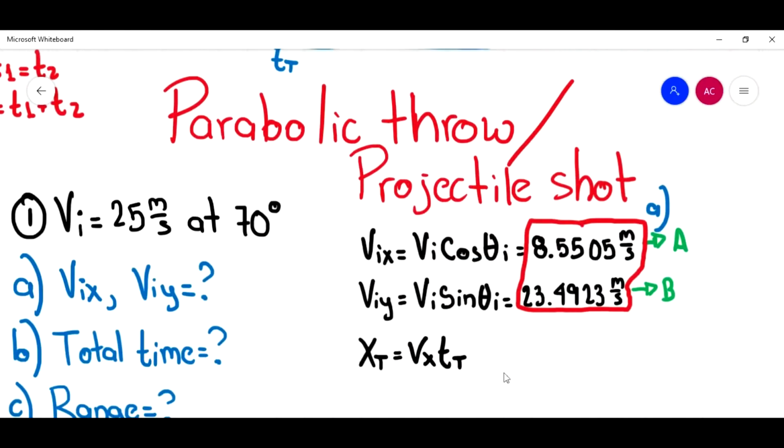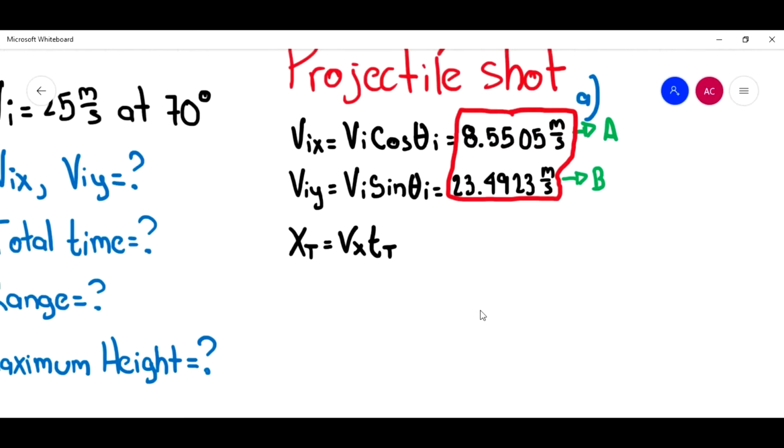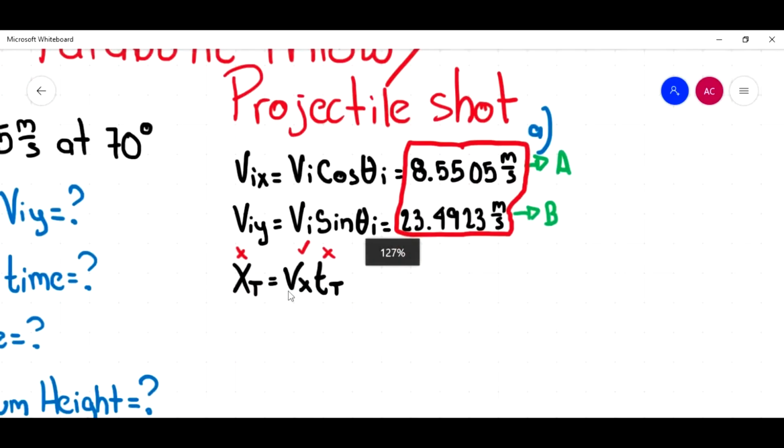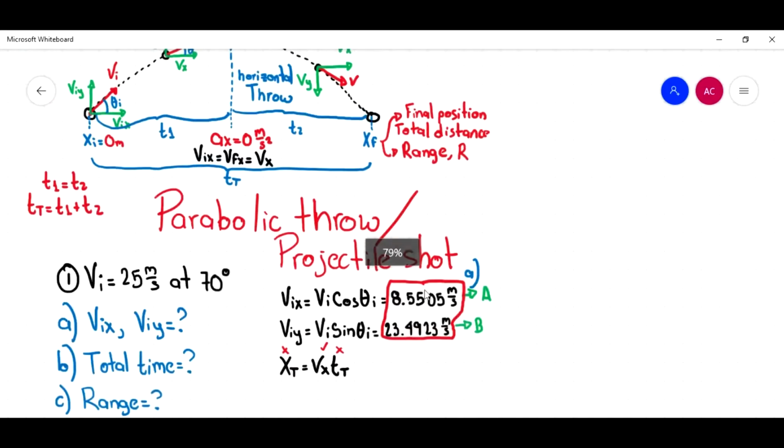So from that equation, do I have total distance? No. Do I have vx? Yes. Total time? No, I don't have total time. So I cannot use that equation. So if I return to my drawing,